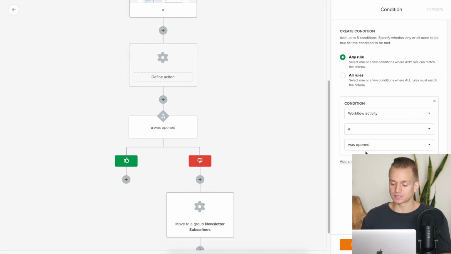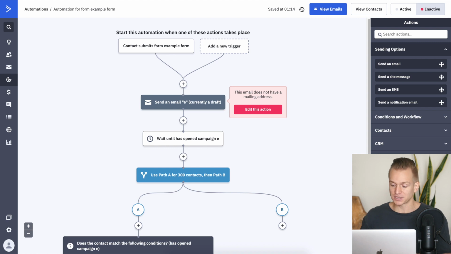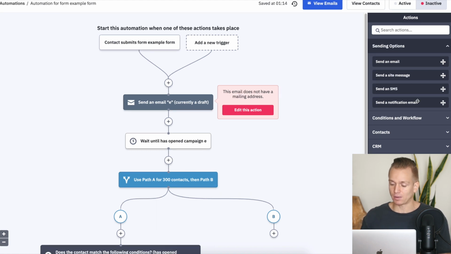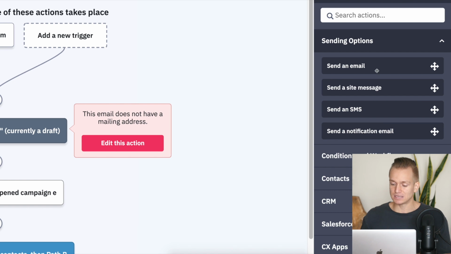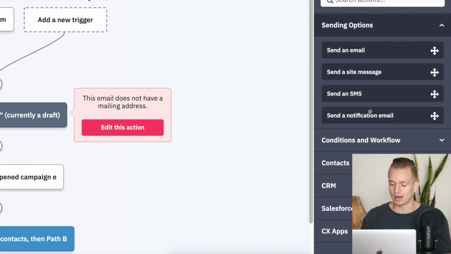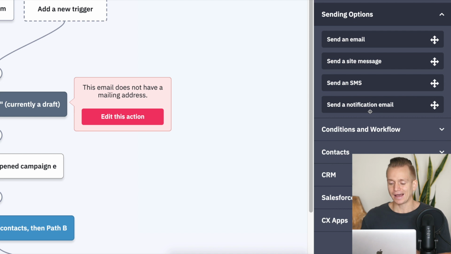so you can have all of these different conditions, whether someone clicked or opened or didn't open an email and all of that. So I do have to give them a lot of props. However, one thing to consider with ActiveCampaign as well is that they do have these additional features. So with MailerLite, you can send out an email as an action after someone took a specific step. But here you can also send a site message, send SMS, a notification email, so on and so forth. And these are some of the additional things that a lot of people might not use, but just for you to know, this is something that's additional that ActiveCampaign has.